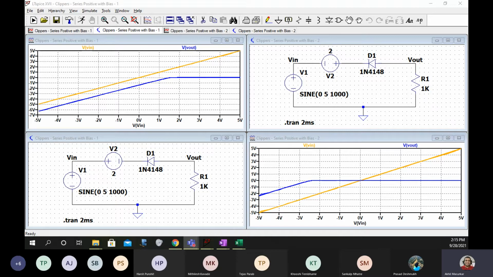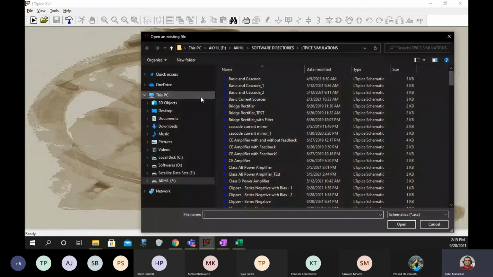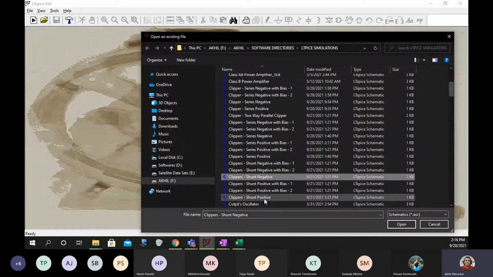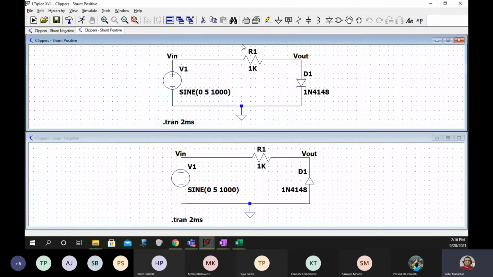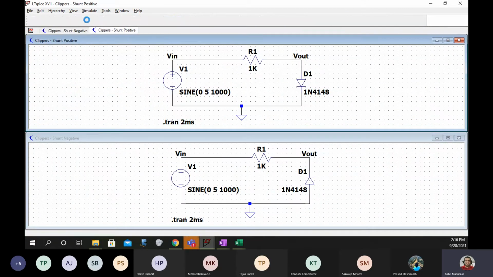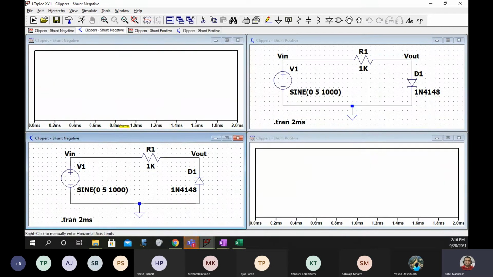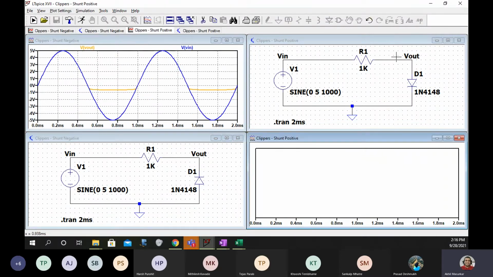Okay, shunt positive clipper. Yes, it is correct, Mithilesh. Simulate the circuit. So let's go to shunt clippers. Shunt negative and shunt positive I will open together. Then we will run first shunt positive, and then we'll run shunt negative, and then again plot V out, V in, and here also we will plot